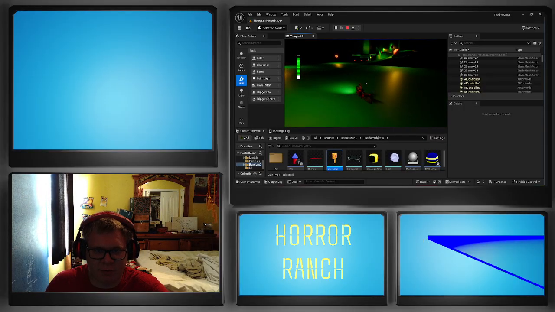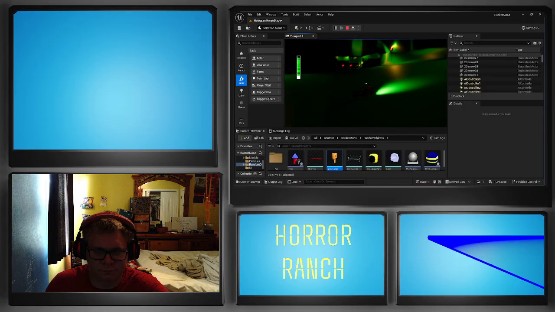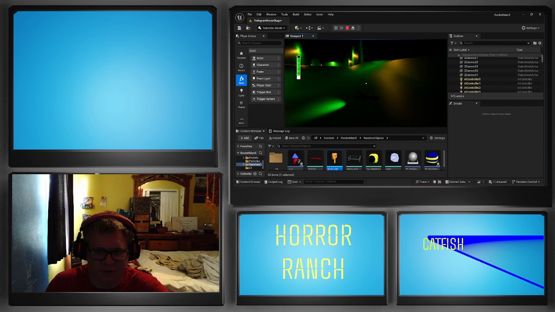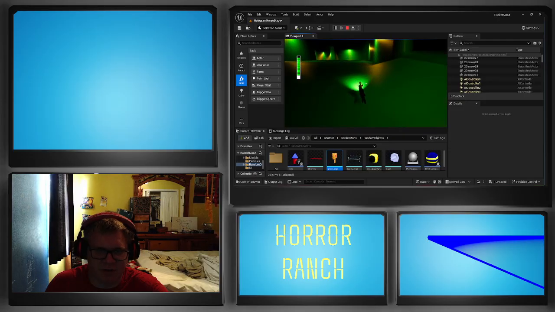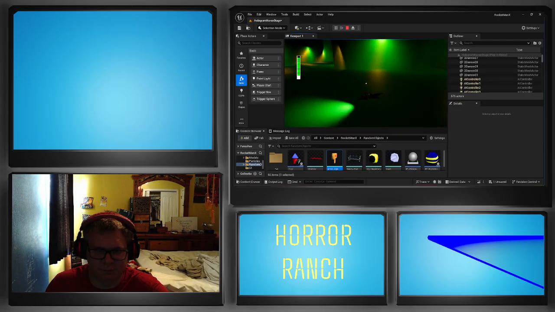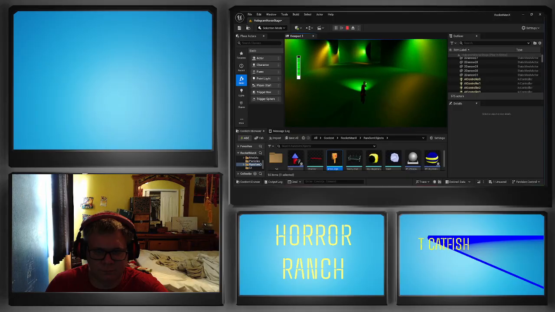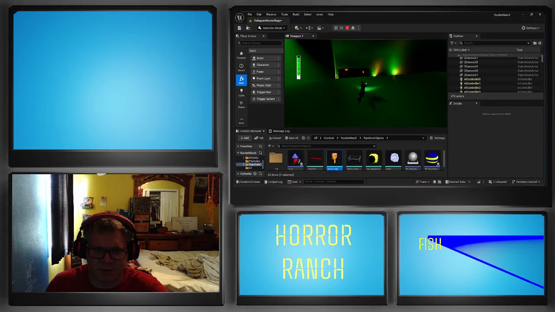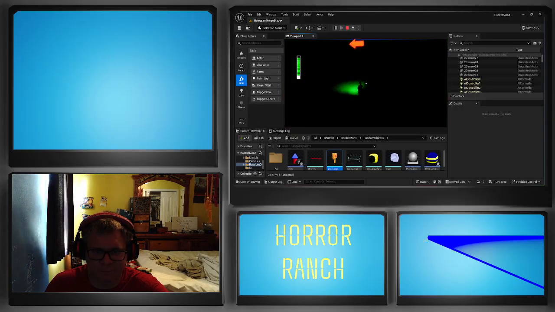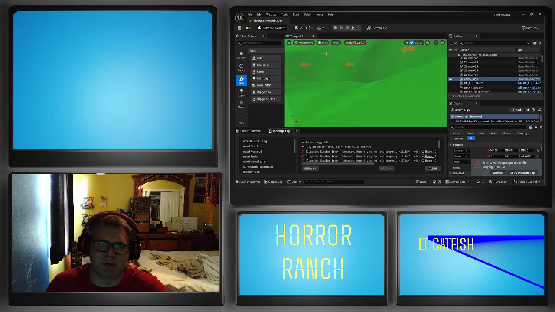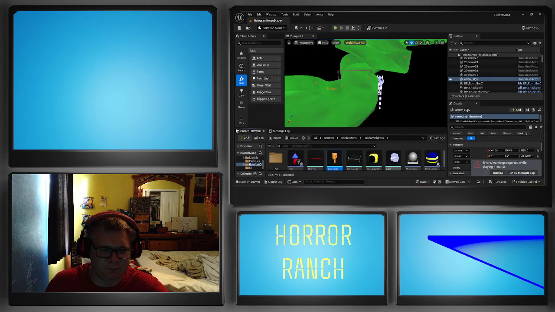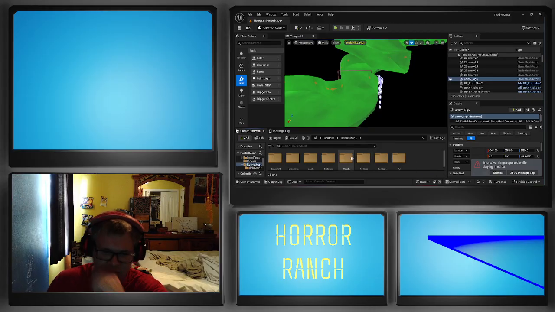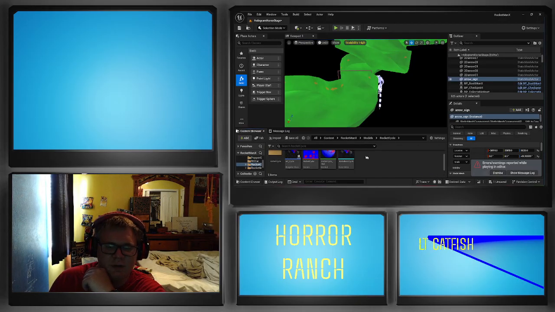So I do seem to have a problem. When you completely stop your sideways momentum, your forward momentum also seems to stop. Like, you can build up a lot of forward speed, but then as soon as you try going sideways, your forward speed disappears. And I think that's because if I go into models, rocket cycle,